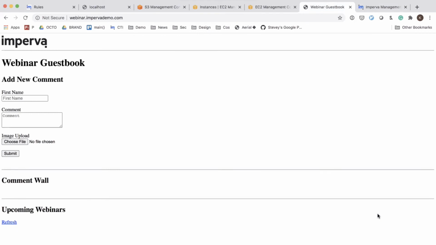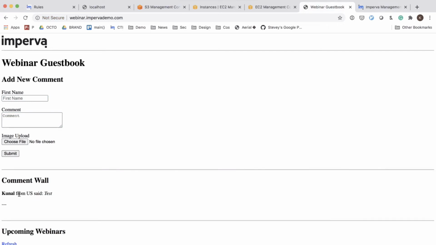So let's go ahead, let's refresh, and we'll just do a quick test to see if we're now collecting the country information and sending it downstream. We'll hit submit, and sure enough, Kunal from US said. And again, this is now us collecting all this information. I don't have a proxy, and I'm not going to start switching to a proxy, otherwise I'll terminate the Zoom connection that we have over here. This is a really good example of using header enrichment to collect information downstream. And again, there's lots of things that you can modify.